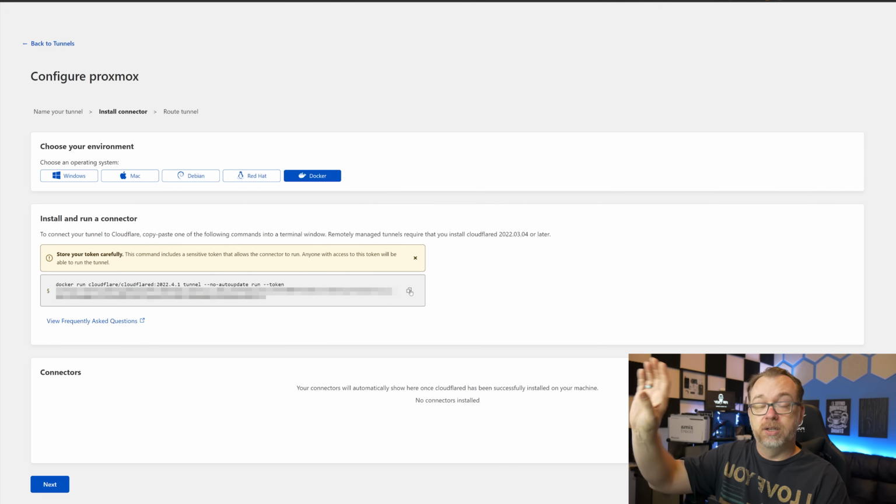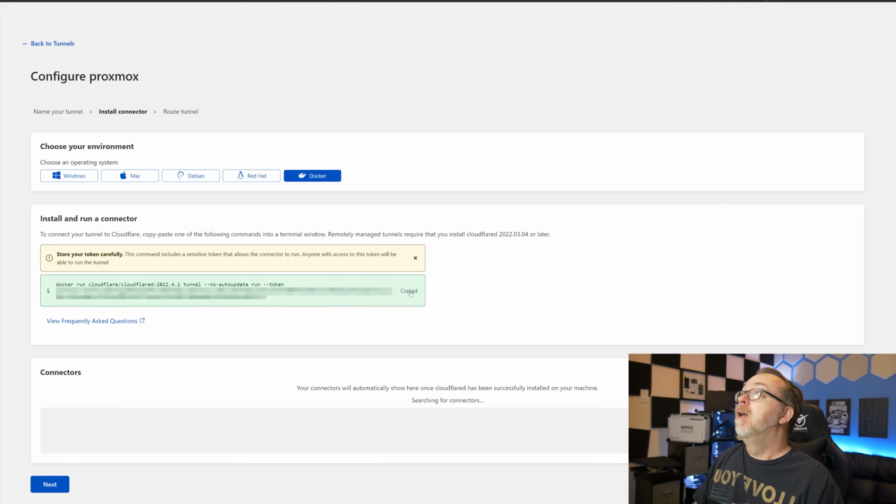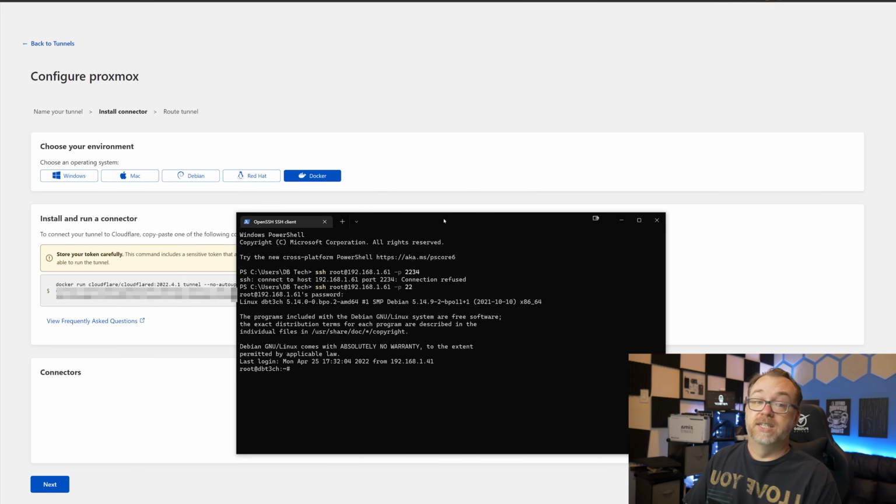Of course, this will be blurred so that you can't see the actual key, or the token rather, but you're going to see something like this. I'm going to click copy like I did there. And then I'm going to come over to my terminal and SSH into, I guess I should fix that port issue. Anyway, so now we are logged into my